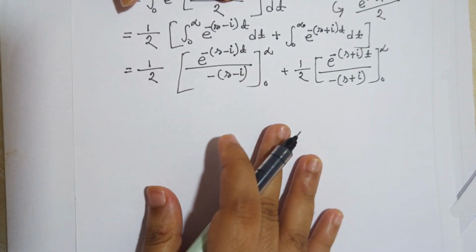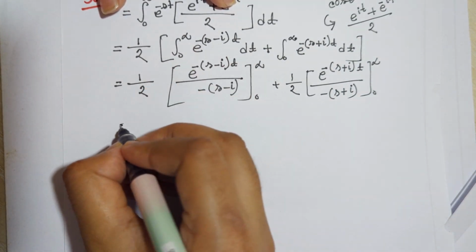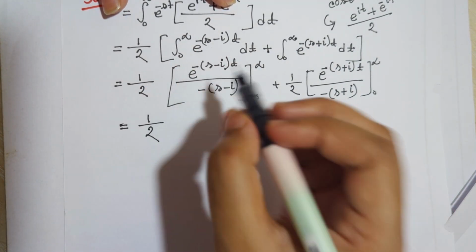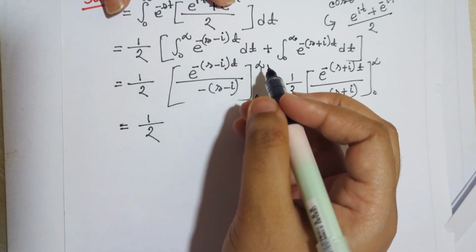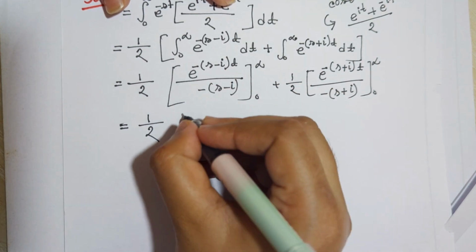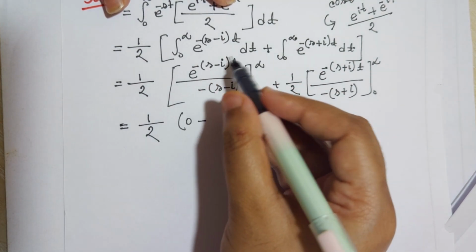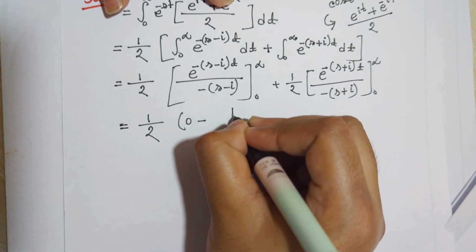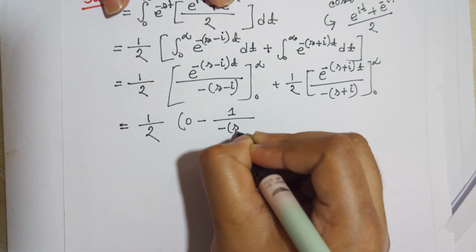Now if we put the limiting value inside this function, we'll get 1 divided by 2, e to the power minus infinity t, infinity means 0, so 0 minus e to the power 0 means 1, divided by minus (s minus i),